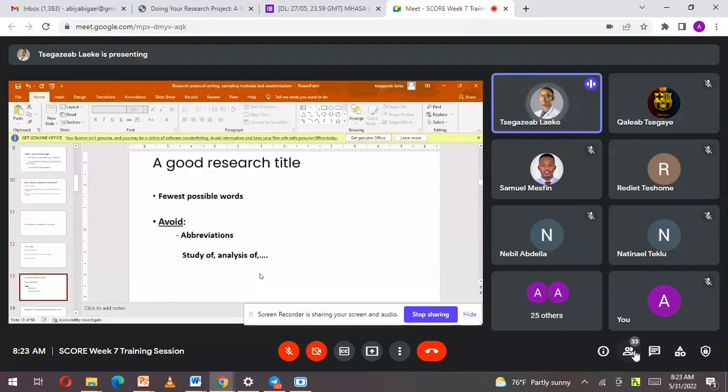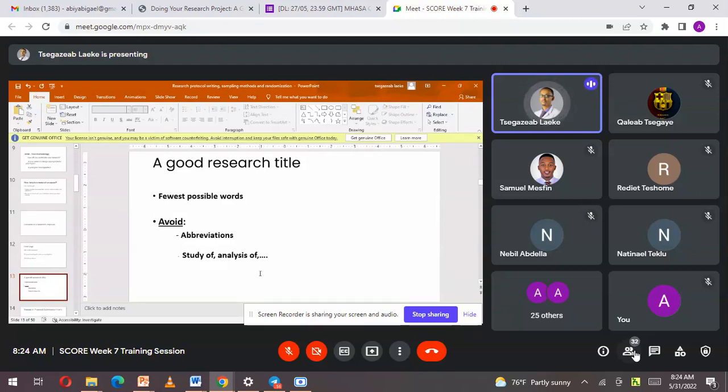So a good research title should have the fewest possible words, and it should be concise and clear, as I mentioned earlier. One of the commonest mistakes that we see in our department is titles containing abbreviations. You should really avoid abbreviations in research titles, because your research protocol is a document that you might want to sell to others,